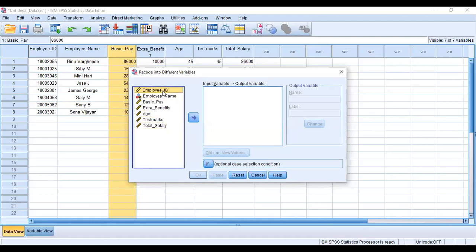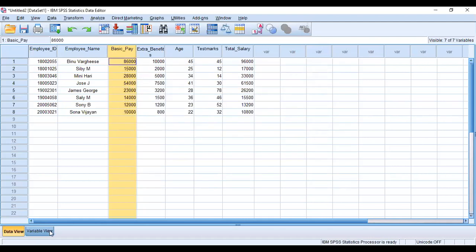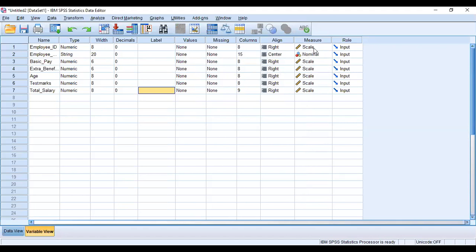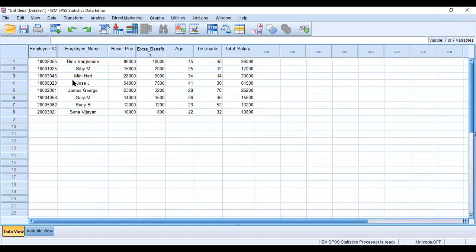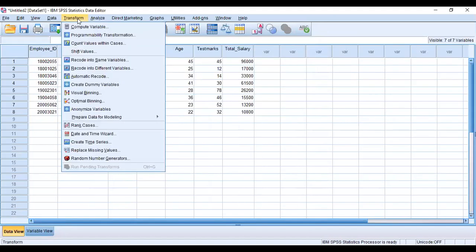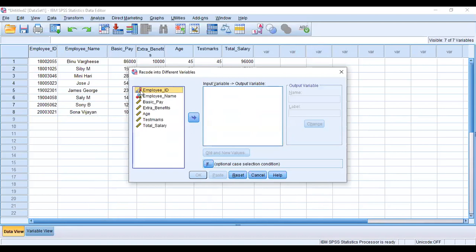Why is employee ID showing as scale? Let me check. Employee ID has accidentally come with the scale icon. It is an ordinal one. Sorry for the inconvenience. Transform, Recode into Different Variables. Fine, now it is ordinal.